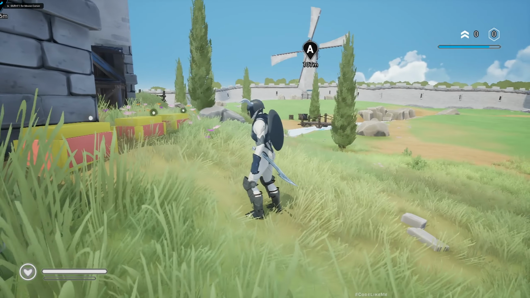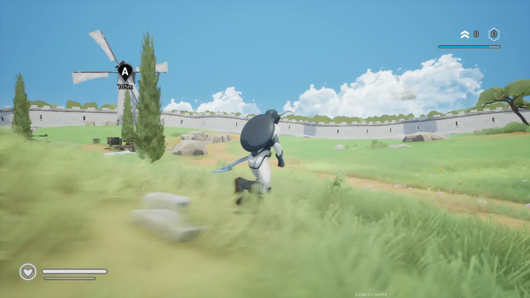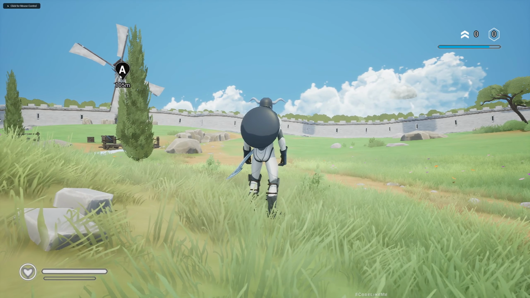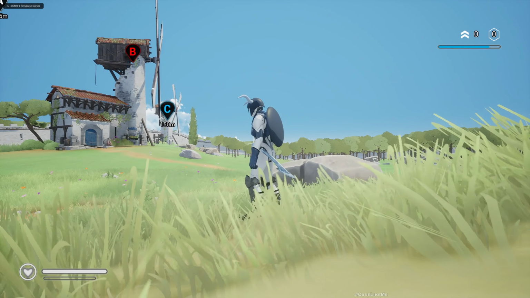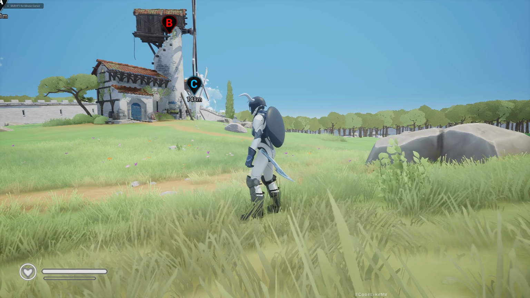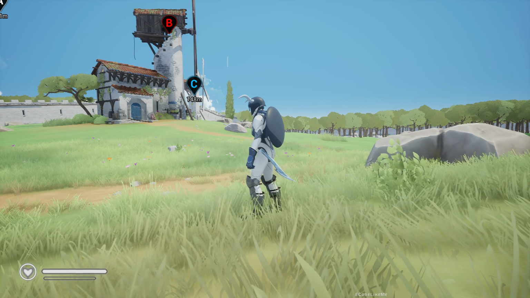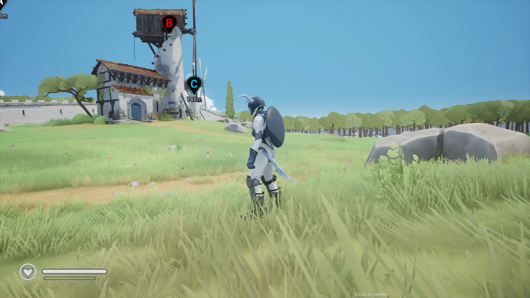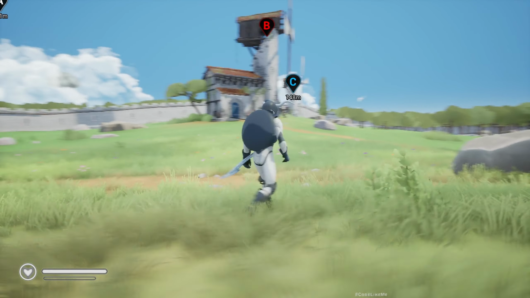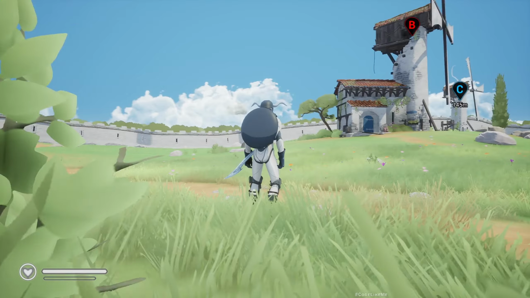Hello everyone. So today we are going to work on how to have different colors. As you can see here, this is white, this has a red overlay, and this has a blue overlay. This is to represent something like a faction system or a team system or whatever you have in your game according to your game design. So we are going to implement a system within our marker system